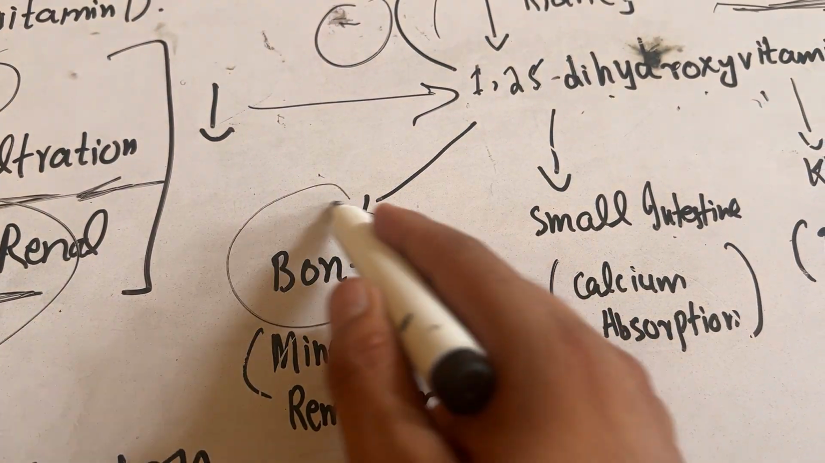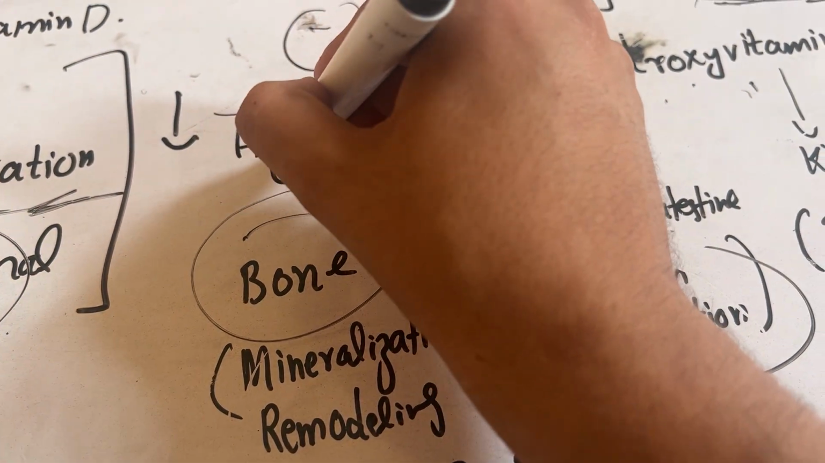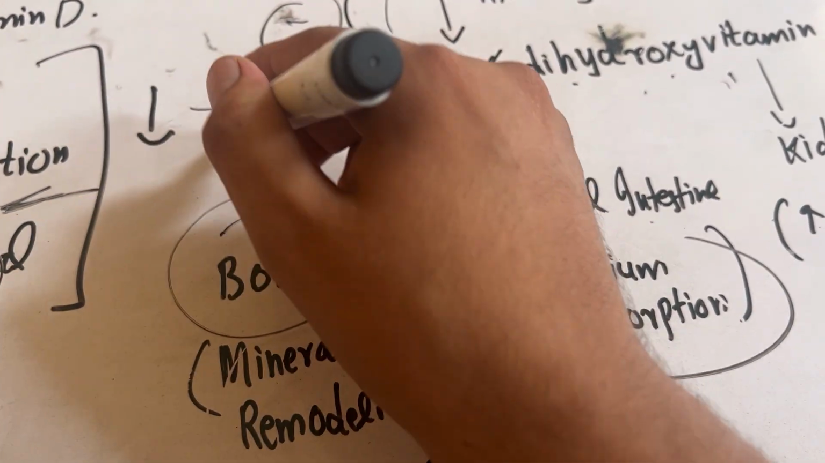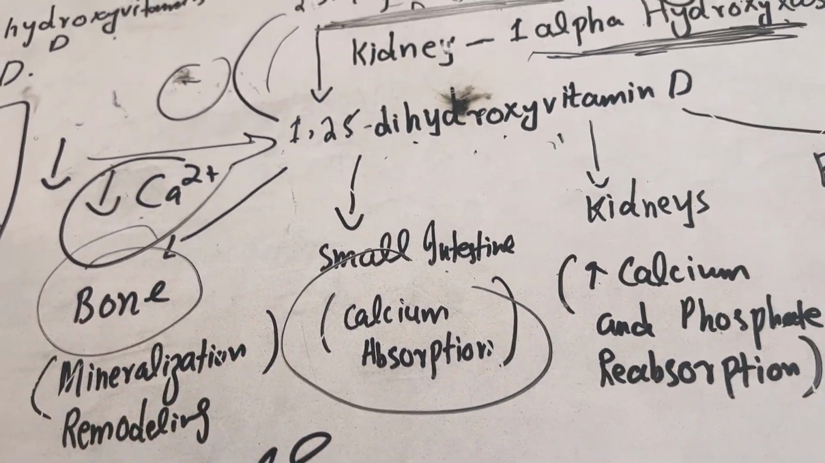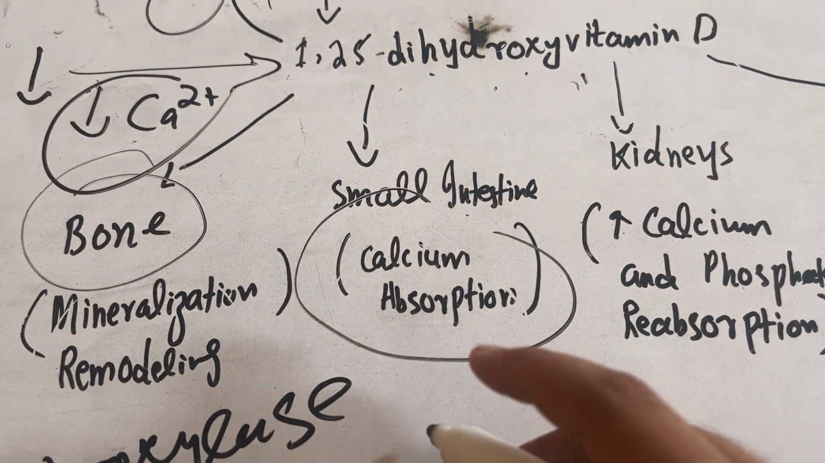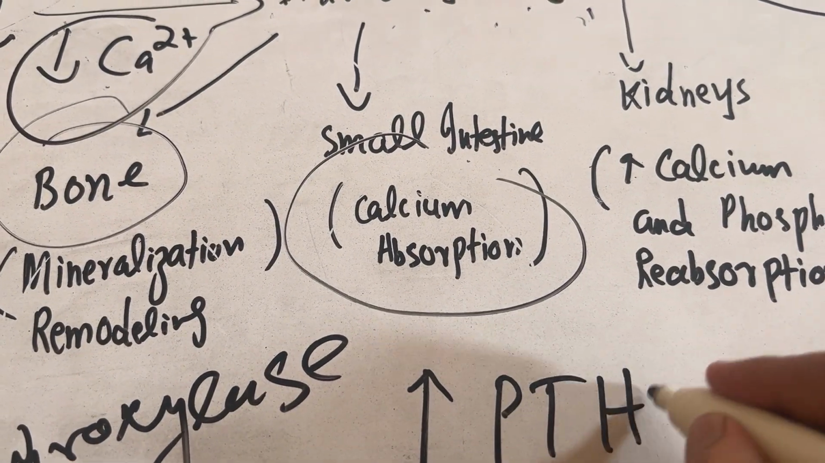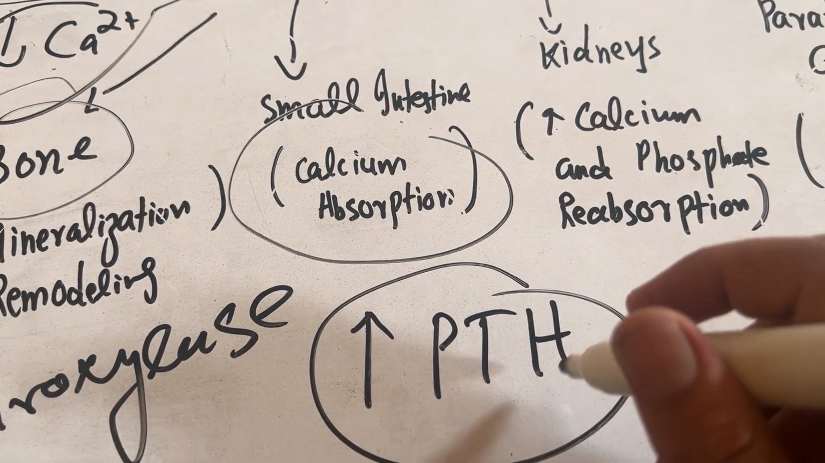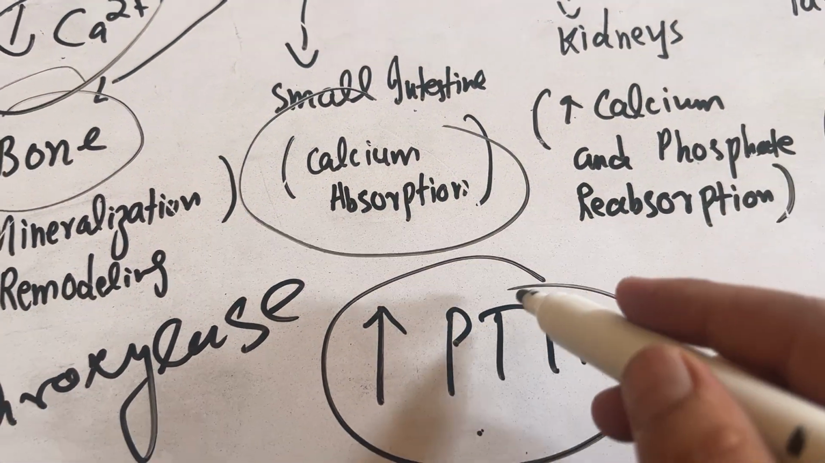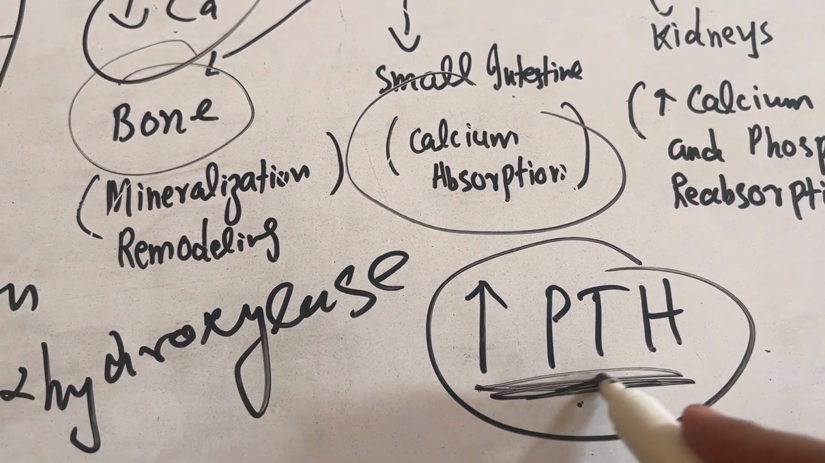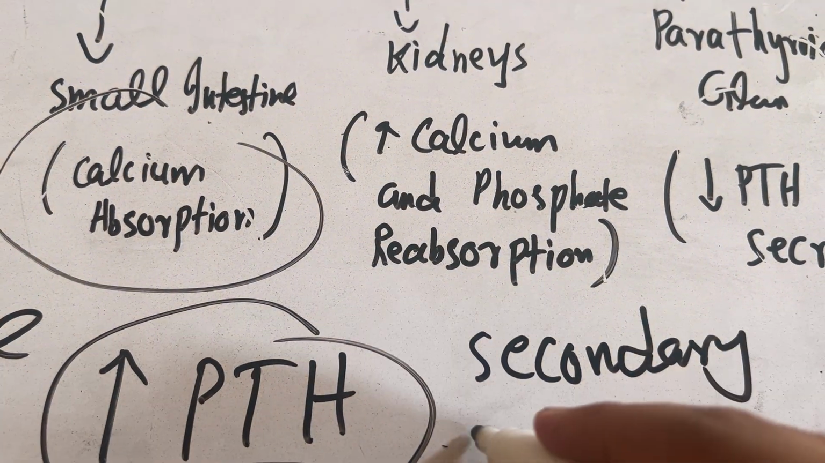So there is less bone mineralization and less calcium. As a result, hypocalcemia occurs. Hypocalcemia means reduced calcium level, and when there is reduced calcium level, it will cause increased PTH level. When there is increased PTH and less calcium and phosphate reabsorption, the PTH gets increased, and this is called secondary